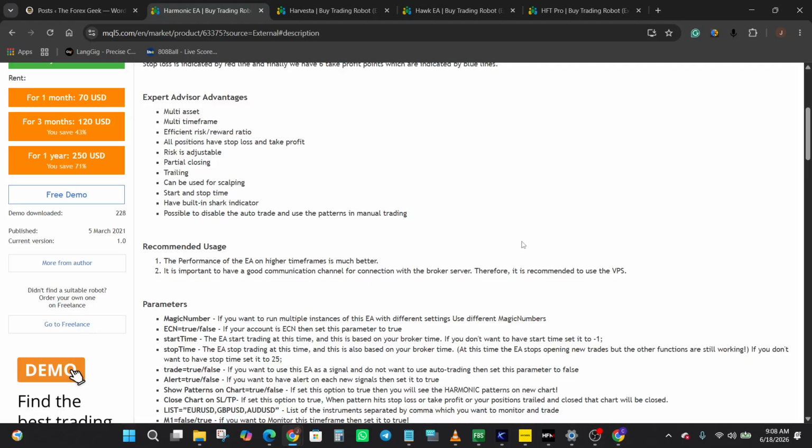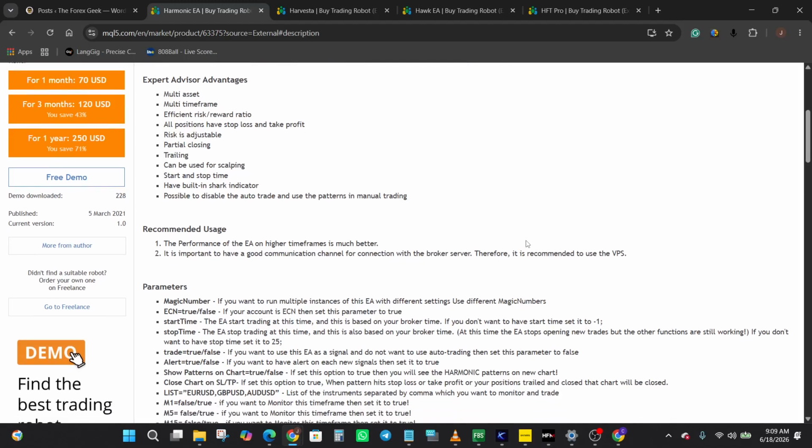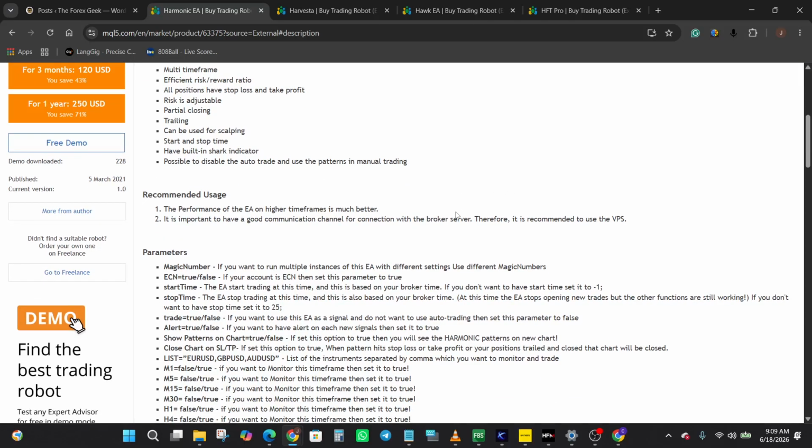Another feature worth noting is the built-in shark pattern indicator. The EA also allows traders to disable automated execution completely and simply use the pattern detection and alert functions for manual trading decisions. This flexibility may appeal to traders who prefer to retain control over trade execution while still benefiting